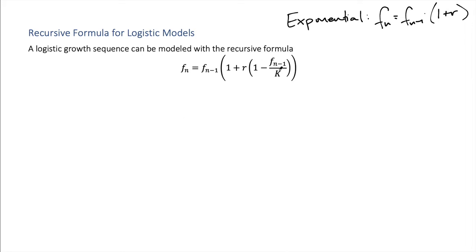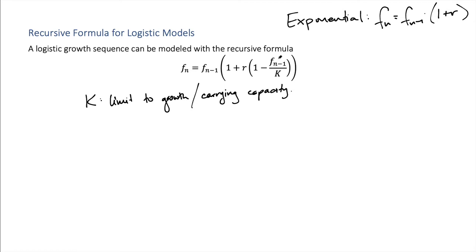Okay, I'm just going to point out this number k. That's our carrying capacity, or our limit to growth. Carrying capacity. For any logistic growth model, there's some limit to how much we can grow, and that's what this k is. So notice that if we've gotten really close to k, if the size of, say, a population